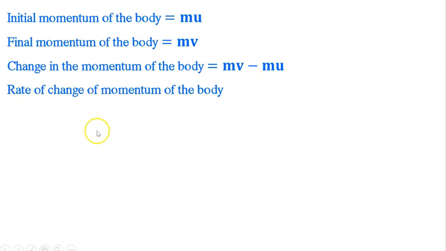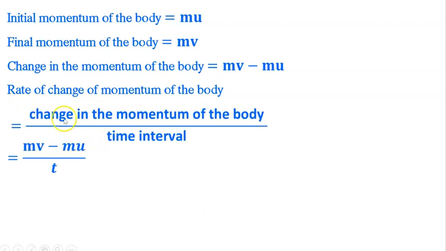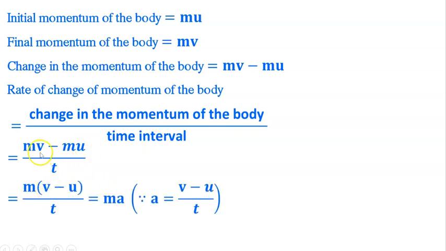Now, the rate of change of momentum of the body is the change in momentum of the body upon the time interval, that is the time required to change its initial velocity u to v, and that time is t. Therefore, mv minus mu is the change in momentum and the time interval is t. We can take m as common, in bracket v minus u upon t. But what is the value of a? a means the rate of change of velocity, that is v minus u upon t. Therefore you will get here